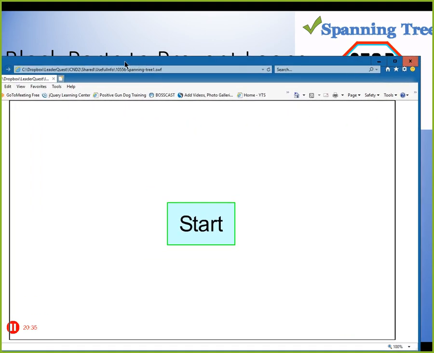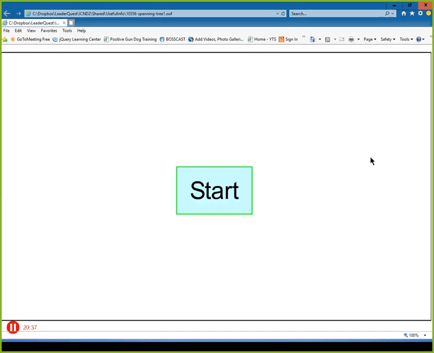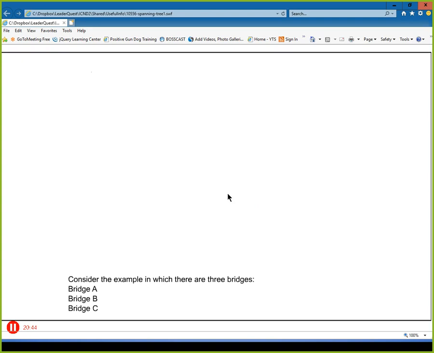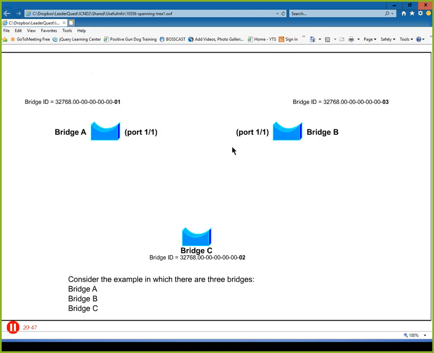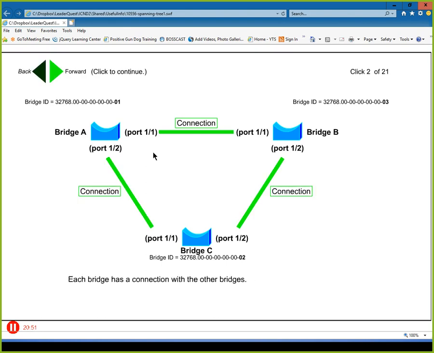So how do we figure out which one of these ports to block, in their blocking state? We're going to look at the states in a minute. This says bridges; when you see bridges, think switch. A switch is a multi-port bridge. So we have this looping situation set up, similar to what we showed earlier, where it didn't work. So I boot up all the bridges or switches, and they think that they are the root bridge,